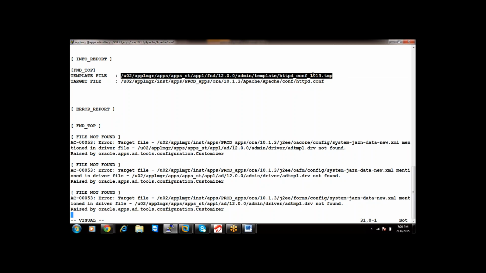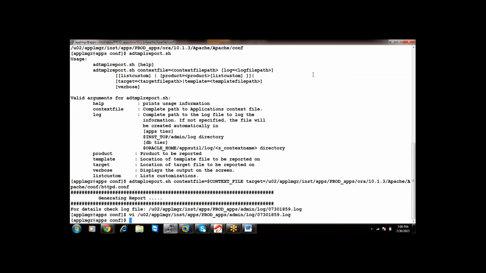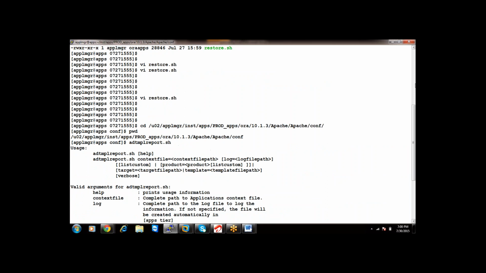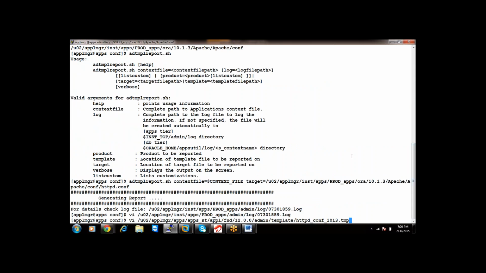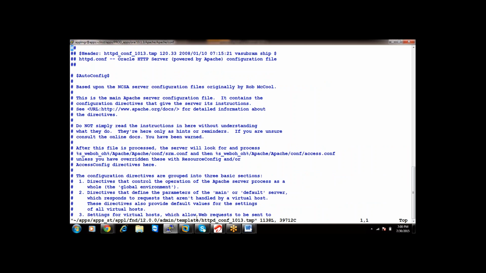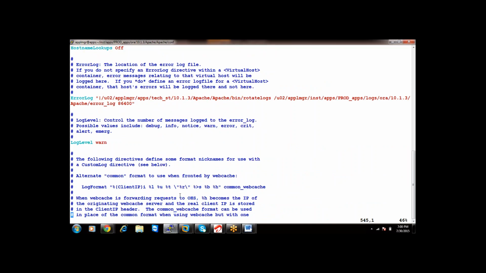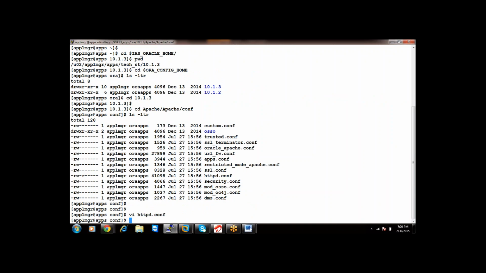So open this. Open the template file in one tab and open the configuration file in another tab.